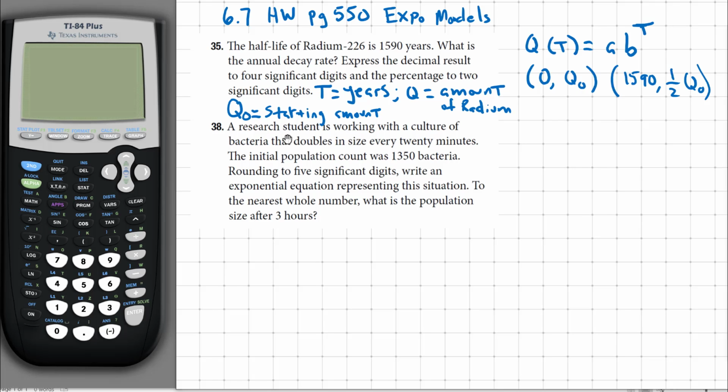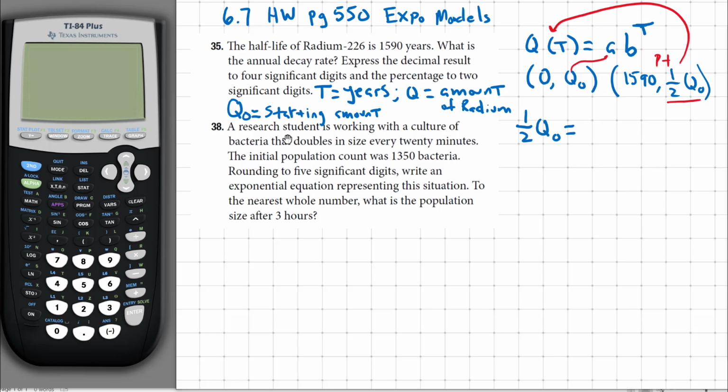Okay, so there's some missing information here, but we still have quite a bit that we can work with to make an equation, because this would correlate to our starting value. So I don't know what the starting amount is, but I can at least write it as a formula. And this gives me a point that I can plug in. So I don't know how much of the half amount is left, but I have a formula for it. So I'm going to plug in that formula, and then there's quite a bit that we can solve at that point. So I'm going to plug in the output right here, and I will have